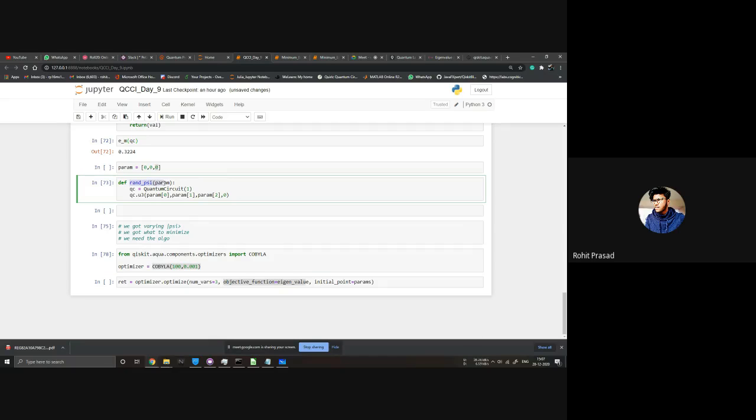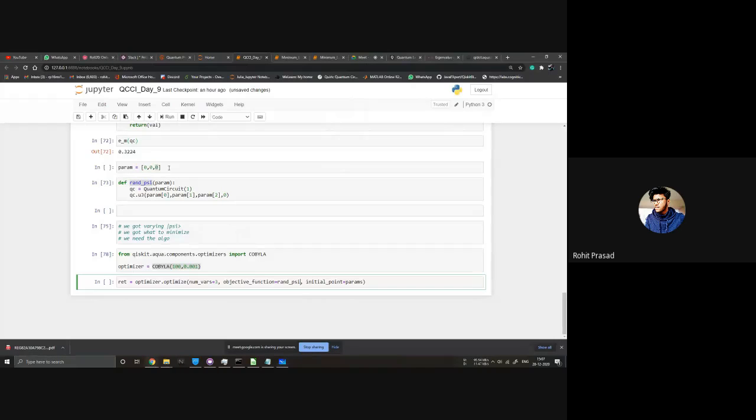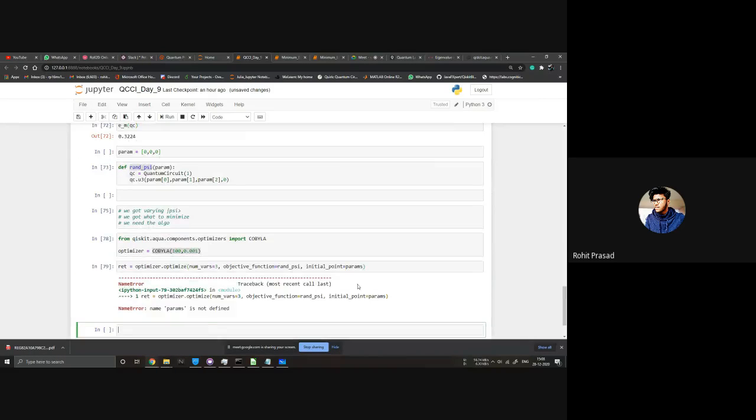We say that this is the value that we want to be minimum. It asks for the initial point where you want to start, so we just give it 0, 0, 0. This one we defined earlier.